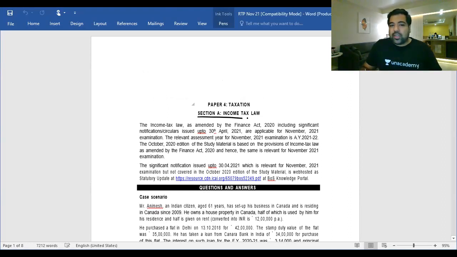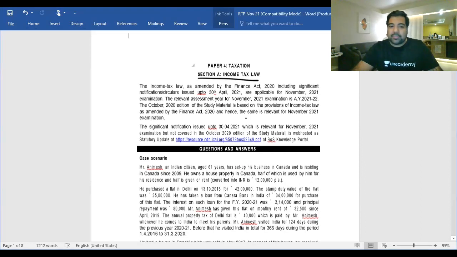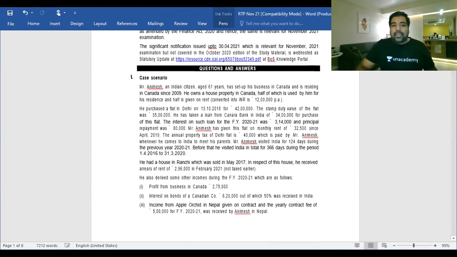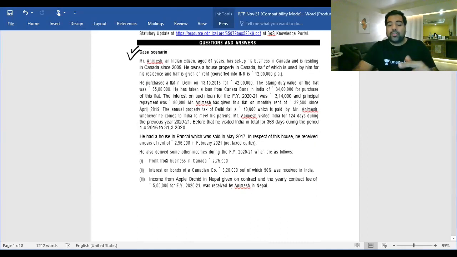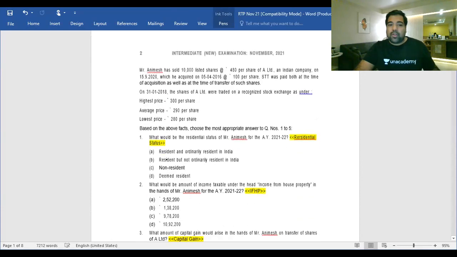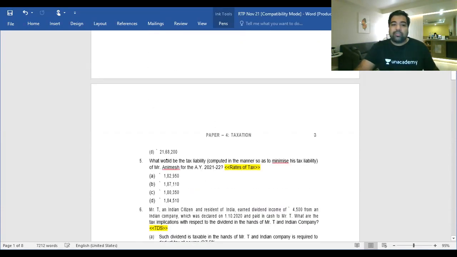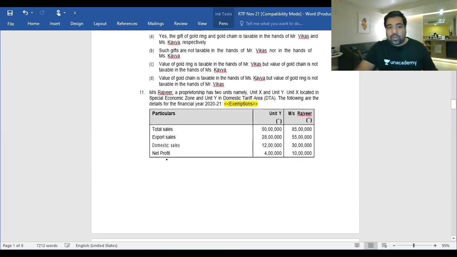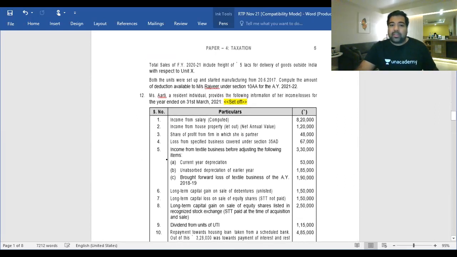This one has Section A income tax law, which we are going to do a part, and we are also going to do the GST part, that is indirect tax part. Here we finish the case scenarios. In case you've seen the earlier YouTube live, then you would have seen the first questions. We've answered all these questions 1, 2, 3, 4, 5, 6, 7, 8, 9, 10. We've also answered the 11th and the 12th question.